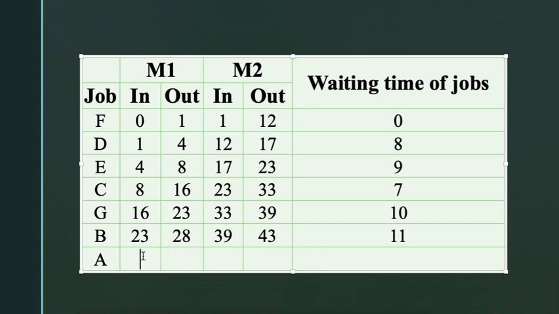Now here it is 28, right? And how much time does it take for job A? It takes 9 hours for job A, that is 28 plus 9 is how much? It is 37, right? And here we have 43. And how much time does it take on machine M2 for job A? It takes 2 hours, so it will be 45, right? And here the waiting time for the job will be how much? 43 minus 37 is how much? It is 6, right?